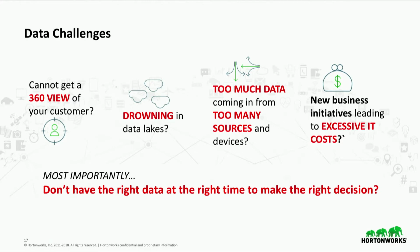Imagine, customer data does not exist in one single CRM system like what we did before. A decade ago, if you had said that, I would have said, yeah, I can get it from my CRM system. Today, customer data exists in all kinds of pockets, including social media. You want to understand what your customers are saying about you, about your products on social media. You want to trap that social sentiment and then put that into your support teams so they understand when they